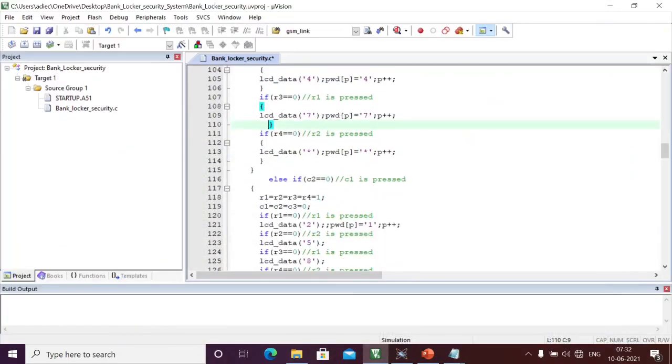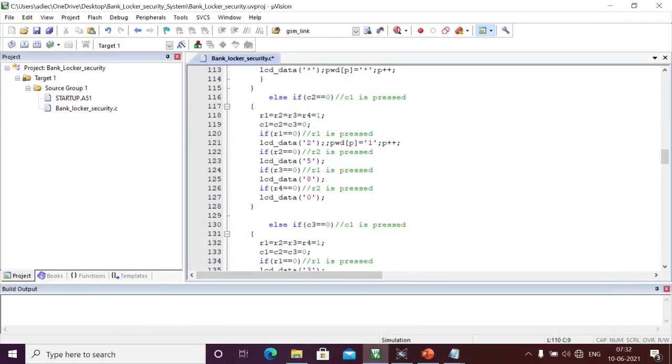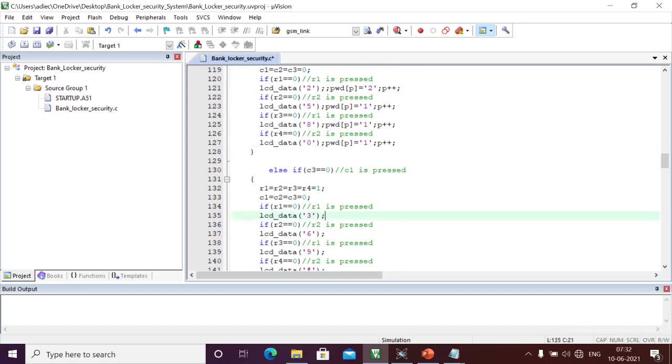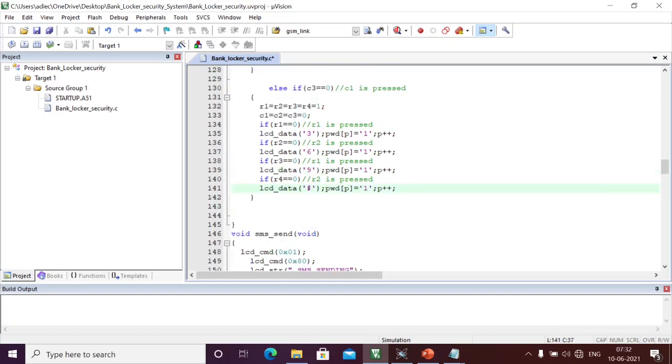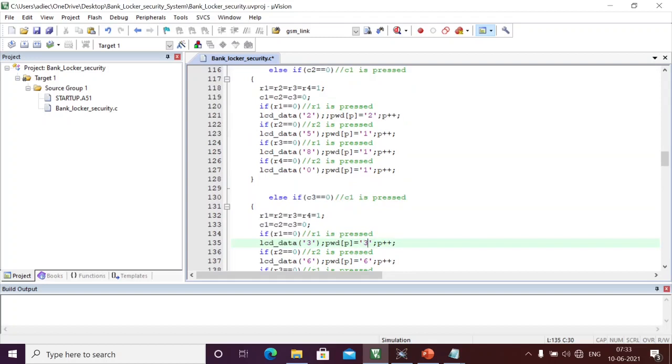Similarly I'm just extending my program, and here it is 2. I just copied everything the same, and here it is hash, and here it is 9. The same thing, I'm extending 6, and this is 3, and this is 0.